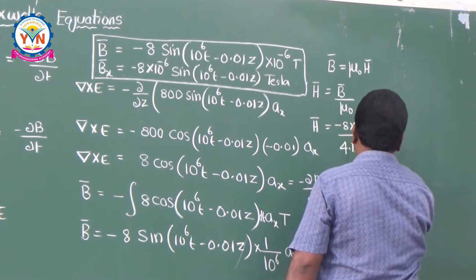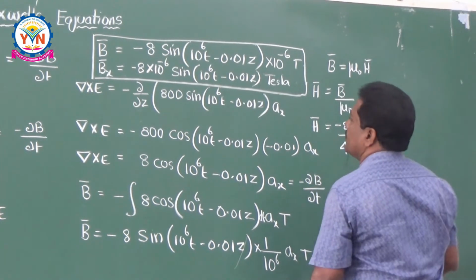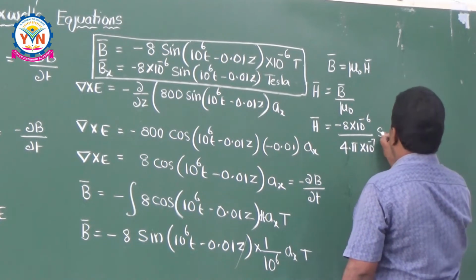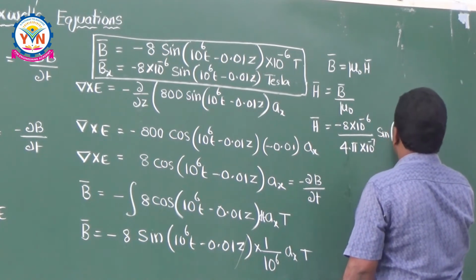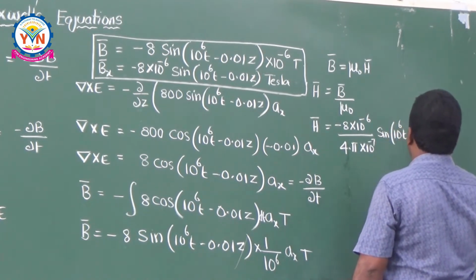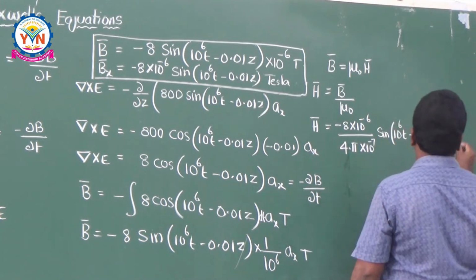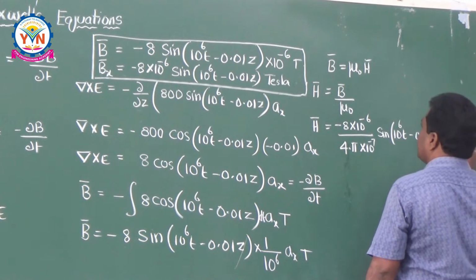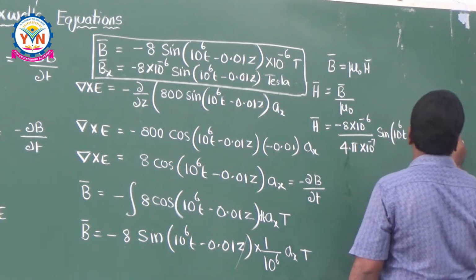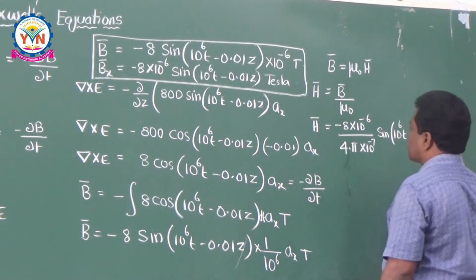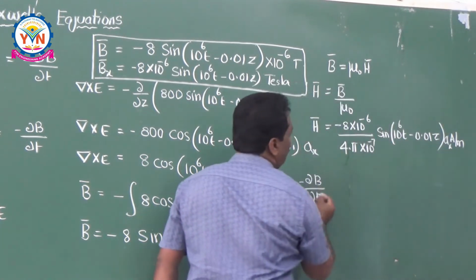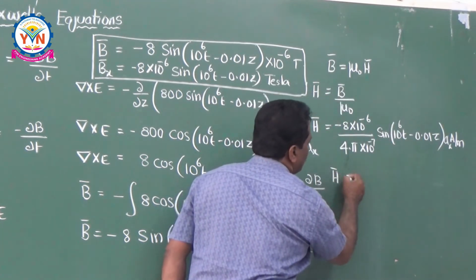4 pi into 10 to the power of minus 7. Okay, sine of 10 to the power of 6t minus 0.01 z. And what is the unit of this one? This is amperes per meter. In which direction? It is also in the same direction, x direction, like this. So if you simplify this, h bar is equal to